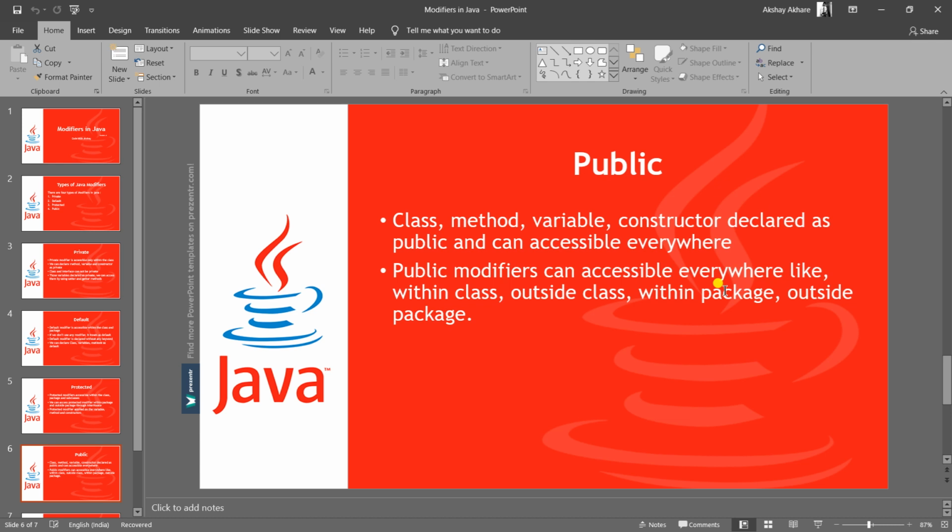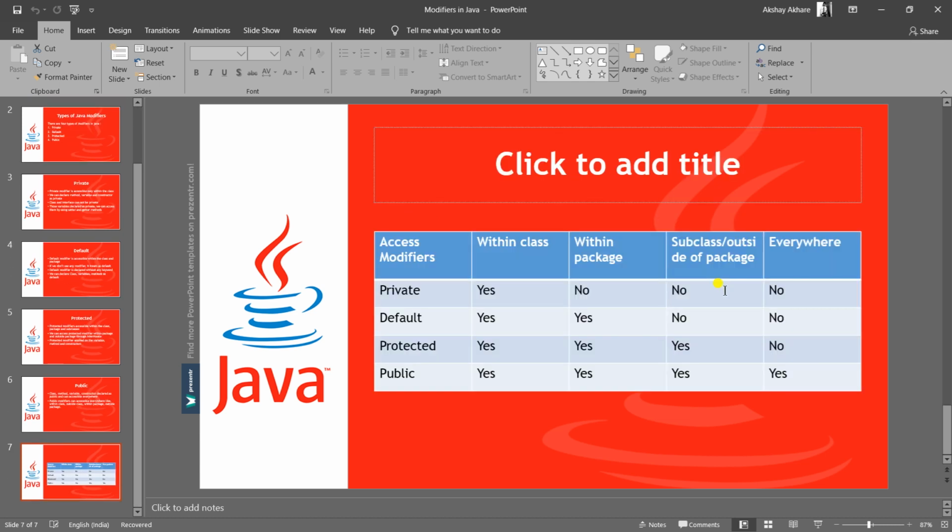There is no need for inheritance. We can access public members throughout the project basically.